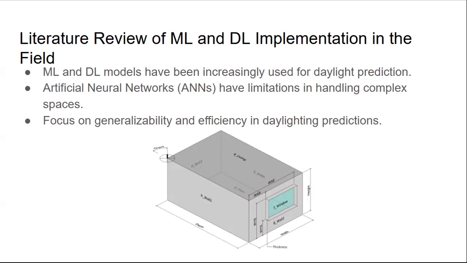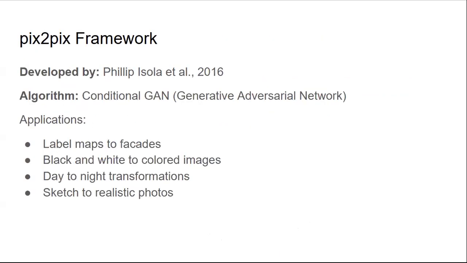The trade-off is that they require larger data sets and more computational resources for training. So let's take a look at a very specific model. It's called Pix2Pix. It was designed and developed by Philip and his colleagues in 2016 at UC Berkeley. It is based on conditional GAN, which is an extension of GANs specifically designed for tasks where we have paired